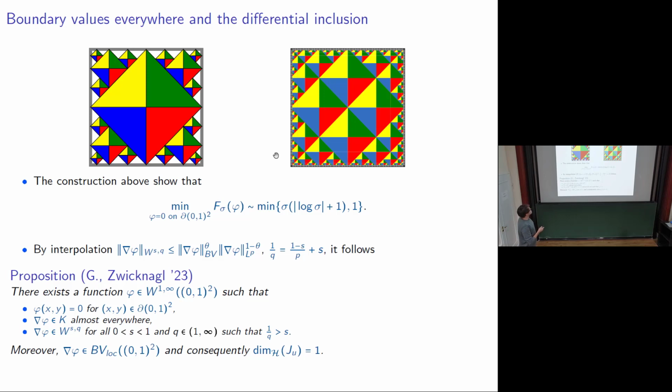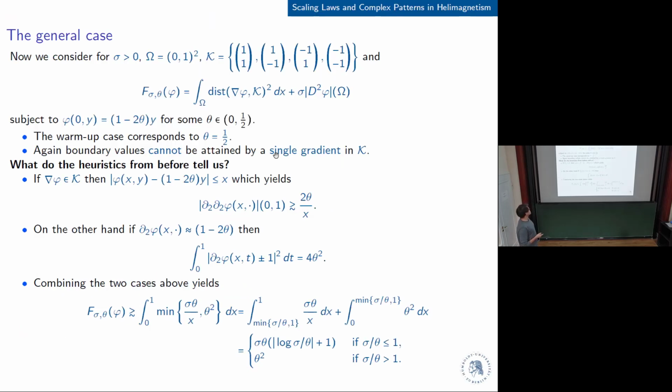So this picture is essentially the construction from before, but say cut out this part and they're mirrored in the three different other parts of the domain. So you see the pictures are roughly speaking the same. So now let's see. Here's the general case where we bring back the theta. Before we did theta equal to 1/2, and now you can try to play the same game as before. So this heuristics, and what the heuristics tell you is that